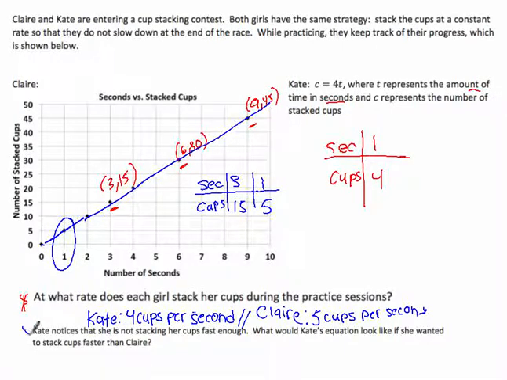That second question down here, Kate notices that she is not stacking her cups fast enough. What would Kate's equation look like if she wanted to stack cups faster than Claire? Well, right now, C, which represents the number of cups, equals 4 times the seconds. Well, we need to get it to be more than 5 cups per second,